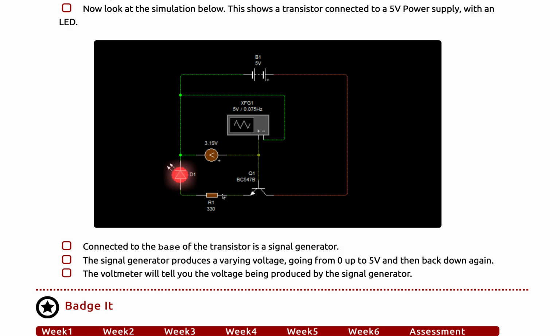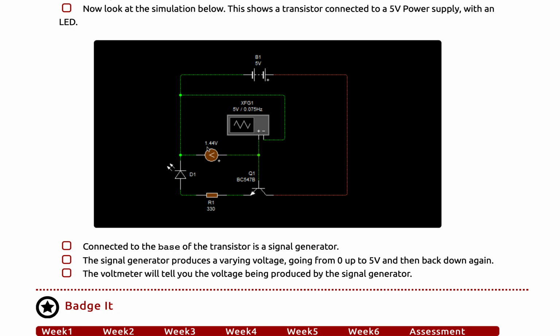Okay, now what we've got here, this strange piece of equipment which you don't use very often, is called a signal generator. Now the idea, as you can see, it produces between 0, or just about down to 0, and all the way up to 5 volts. If you watch it, it goes all the way up to 5, and then it goes all the way down to 0 again. It doesn't quite get to either of them, but you see what's happening is it's going between that range